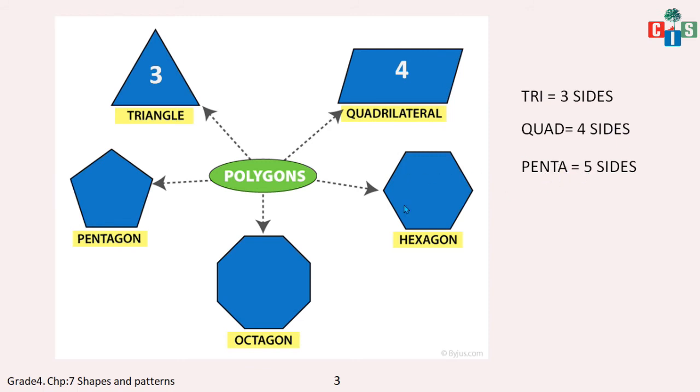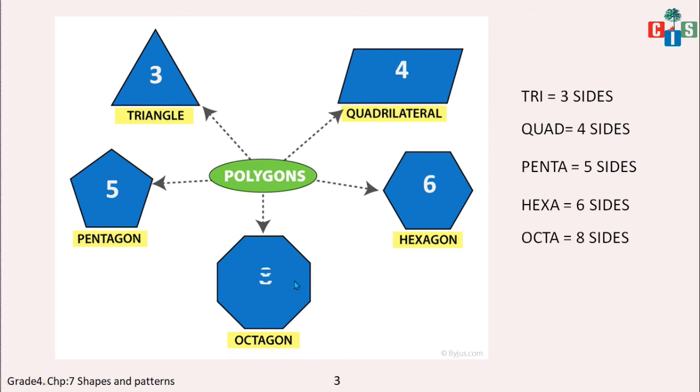So what do we call a figure that has 5 sides? Pentagon. And if you have 6 sides, that is hexa. Hexa means 6. So the figure having 6 sides is known as a hexagon, and an octagon will have 8 sides. Octa means 8. You will remember octopus, you have seen it, right? How many legs does it have? 8 legs. Fine. So an octagon will have 8 sides. So these are all the polygons.